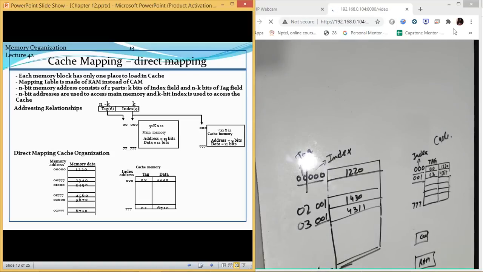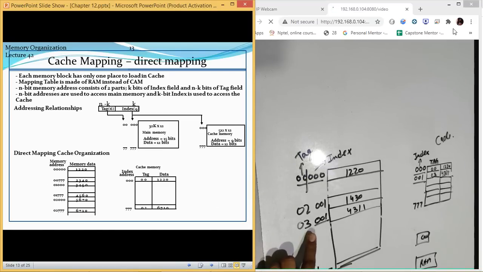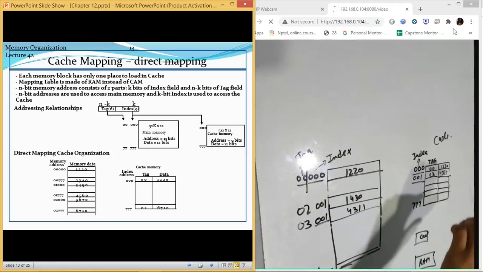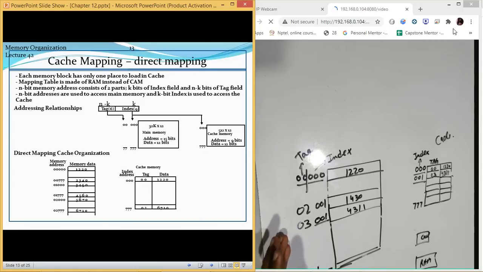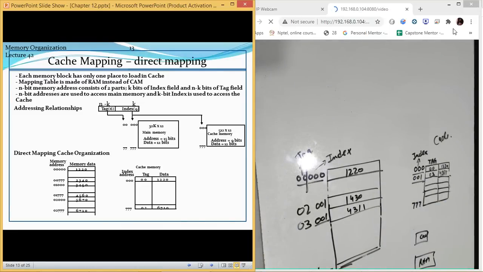So now what we are able to do is store the data from a larger memory into a smaller memory while keeping track of which content is stored at what place. That is our main motive of performing a mapping. Mapping is simply creating an index to remember which content from RAM is stored at what place inside the cache.